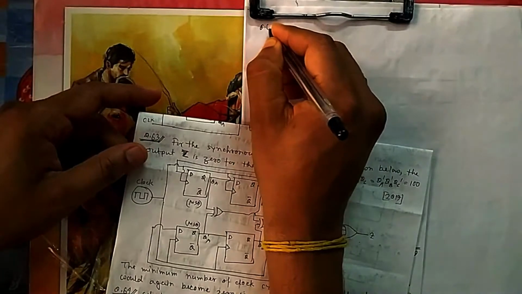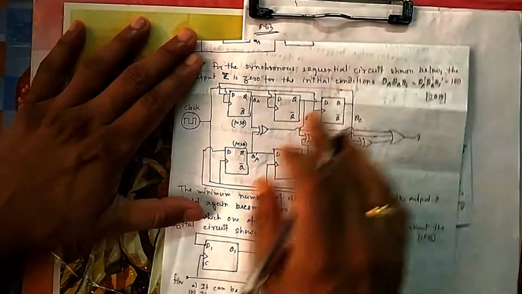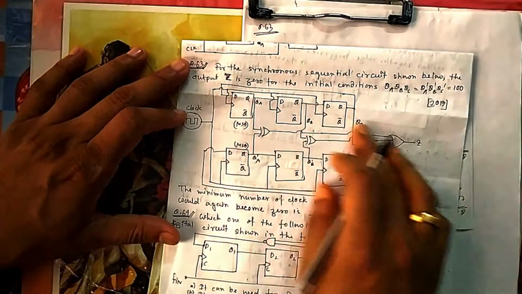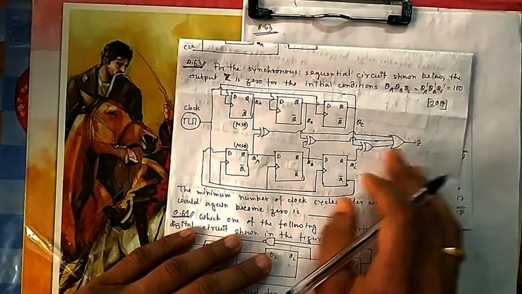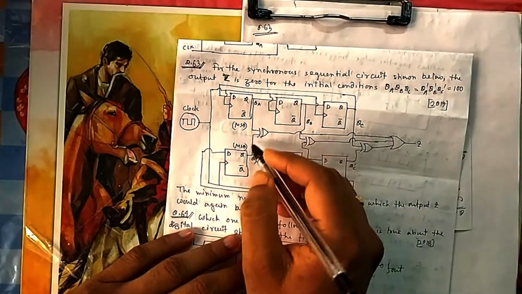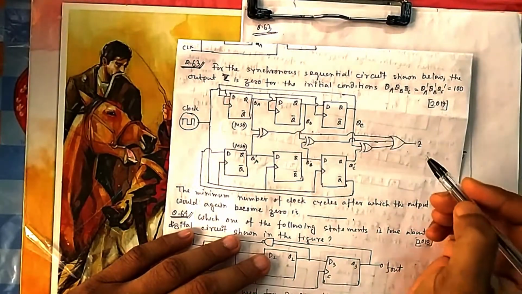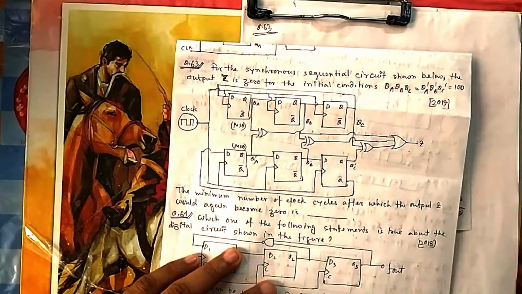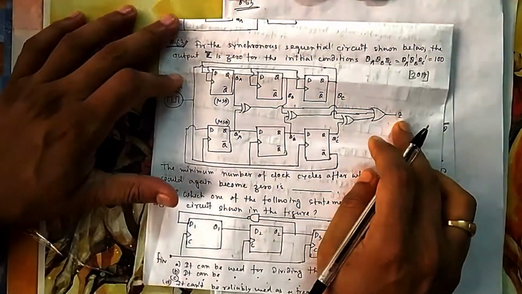Now if you come to question number 63, what they are asking here is for the synchronous sequential counter shown below. You can see it is synchronous, all are getting the clock pulse at the same time. Output Z is 0 for the initial condition. At this condition output Z is 0. You can see these are XOR, so 1 1 will give you 0, and 0 0 will give you 0. So all are 0, the summation of all is 0. What is the minimum number of clock pulses after which the output Z will become 0 again? You have to check every time after giving a pulse what value is coming.